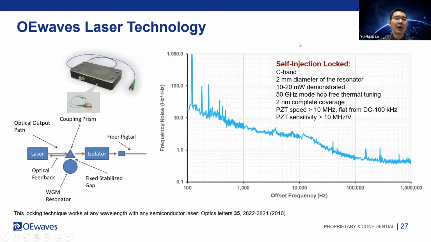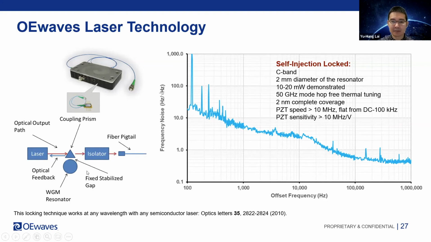So here, I want to show our OEwaves laser technology. As you can see here, our laser is actually very small and can be put inside a module. Our laser will send the light into a prism and then couple with the whispering gallery mode resonator. Due to the backscattering, this kind of laser will scatter back into the laser and create optical feedback. In this way, it will create a very stabilized lock between the two, and this will further enhance the performance